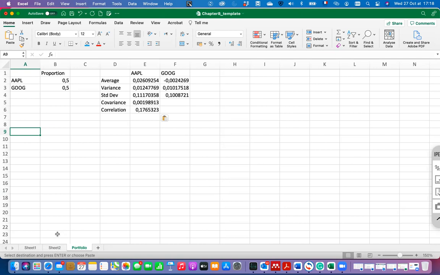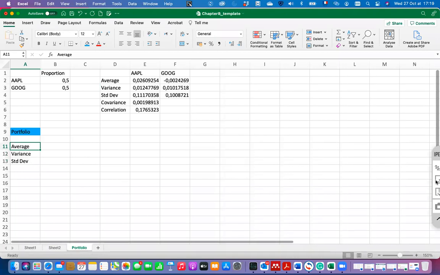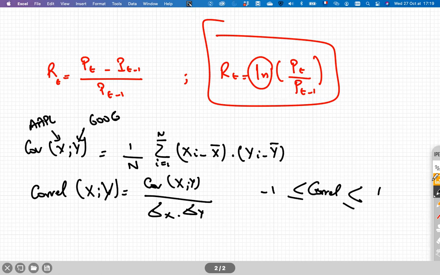Now, as I told you, we have to characterize the portfolio. By characterizing, I mean computing the average, the variance, and standard deviation. So this is a portfolio. I have to compute these three statistics for the portfolio. Now, we know, instead of average, we use the mean. Yes, so the average is mean. So we know